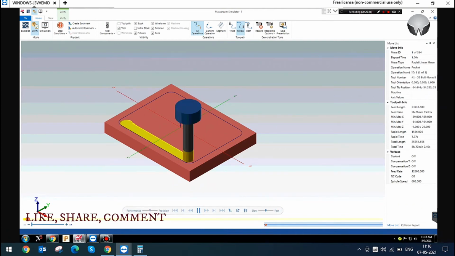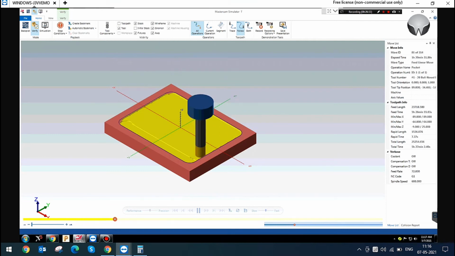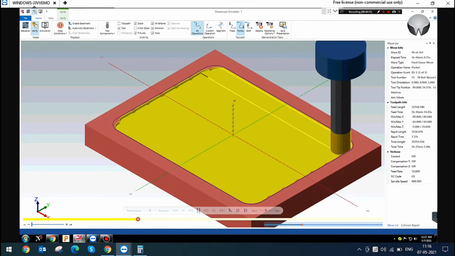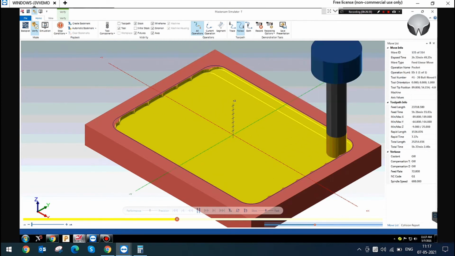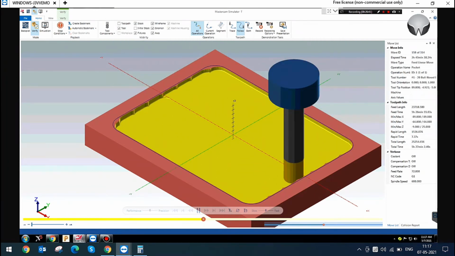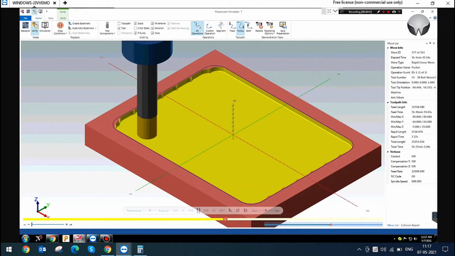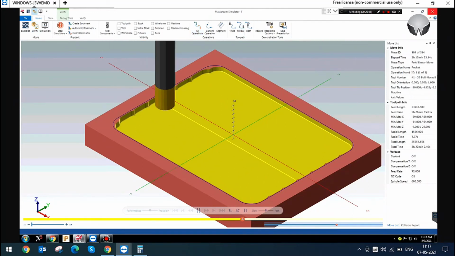So I am just running it all. If you enable this, you have to give every depth of cut as a finish pass.